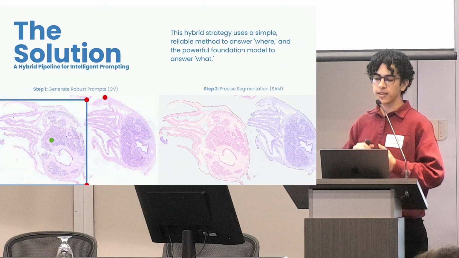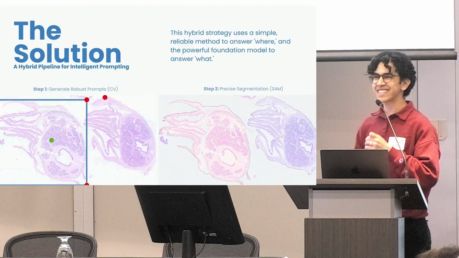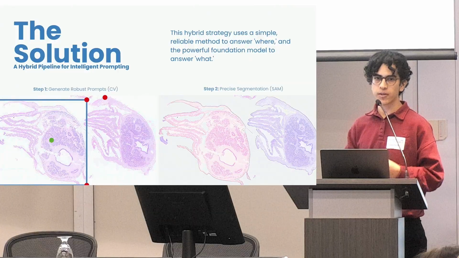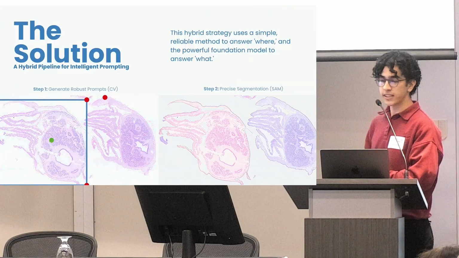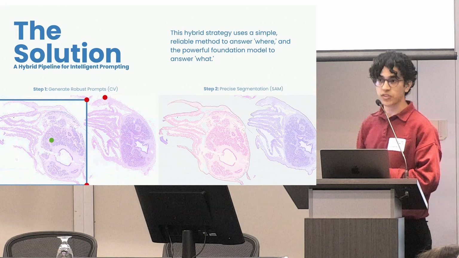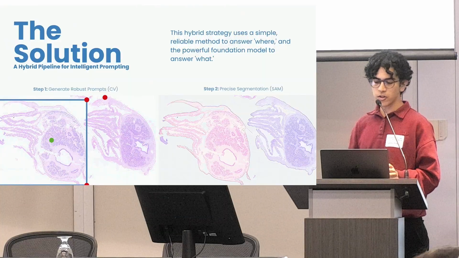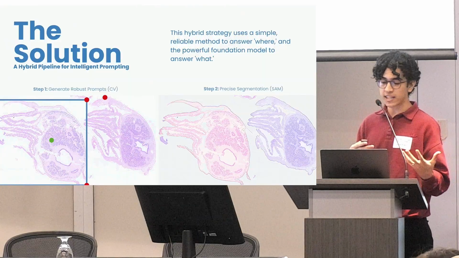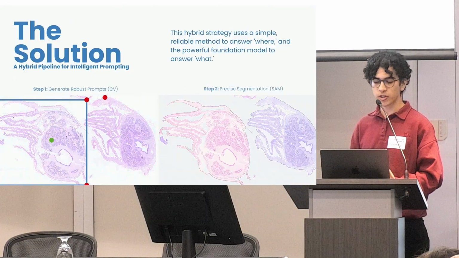In step 2, we pass those instructions to a powerful foundation model called Segment Anything Model provided by Meta AI. This model aims to answer a much harder question. What are the exact boundaries for the oysters? So we're basically telling it, the thing I want you to find is inside this box. It includes the green dot, and it definitely doesn't include the red dots. So since SAM has seen billions and billions of images, it is really good at following these simple instructions and